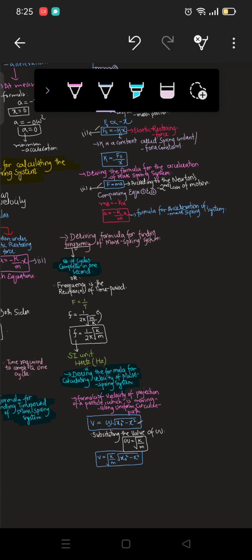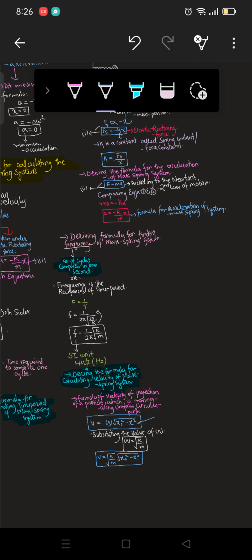We just took our initial formula of velocity, which we actually found for the projection of a particle along a uniform circular path, which was equal to omega under root x naught square minus x square. Then in the last video we found the formula for omega, right? So omega is equal to under root k over m. We just substituted the value of omega in this formula, and we got the final formula for finding the velocity of the motion under elastic restoring force, or Hooke's law, or mass spring system,